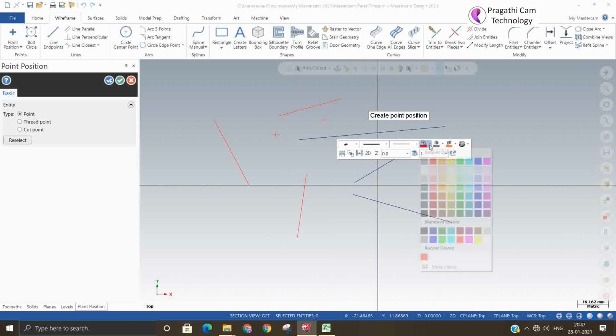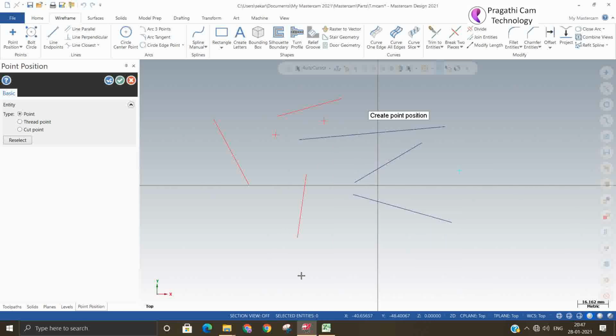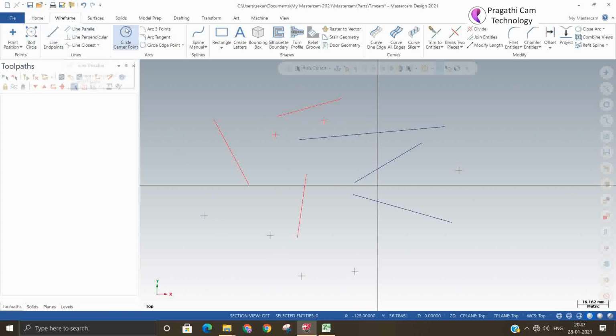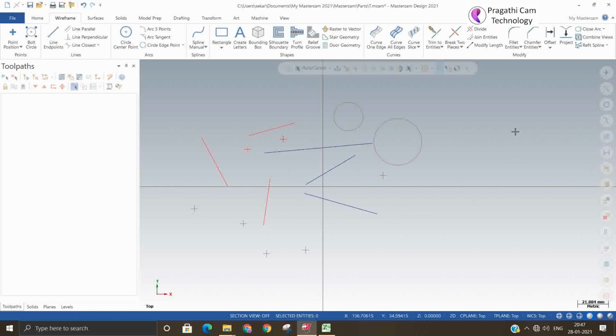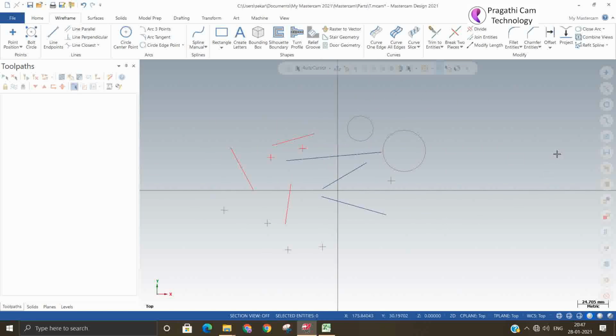I'll change the color of the points. Okay. Some circles also I'll draw. So now we'll see how these quick selection commands will help you.